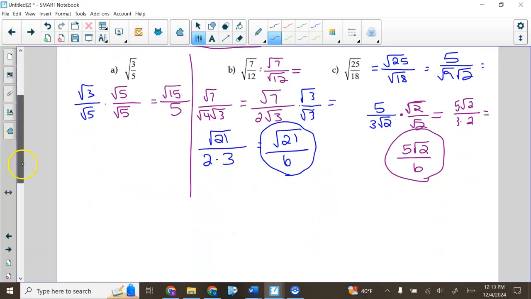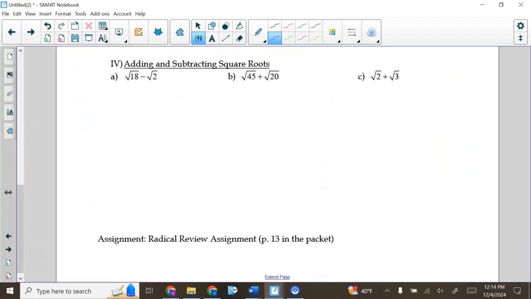All right, last idea. Adding and subtracting radicals. In order to add or subtract radicals, they need to be the same number under the radical. So for example, if we look at C, this one is already simplified because the 2 and the 3 are not the same number, so we cannot simplify them. All right, so for the first two, what we need to do first is break apart